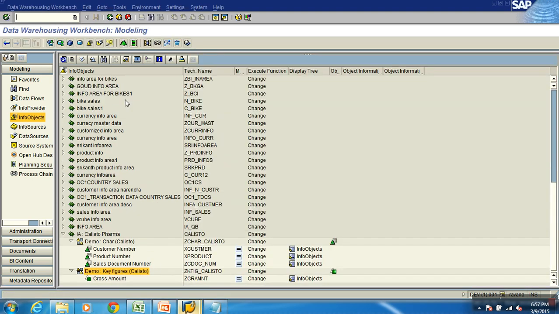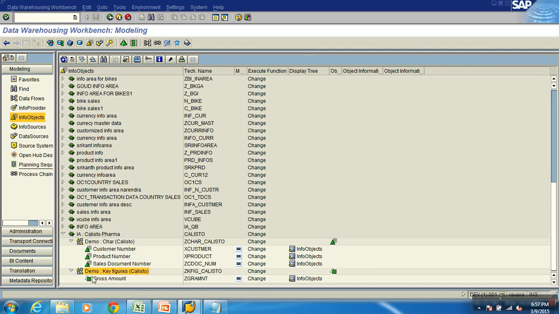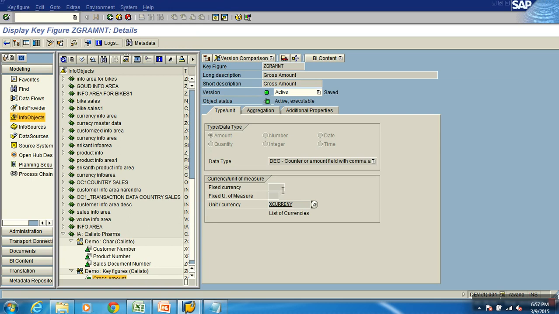And then next. Why did you put INR? I did not put INR. See, did I put INR? No. Why? Because all my values are not in INR. This is transaction data. There could be some transactions in INR, then it will be INR. If a transaction is performed in euro, it will be euro. So all the values are not of the same currency. Depending on the transaction, the currency would change.